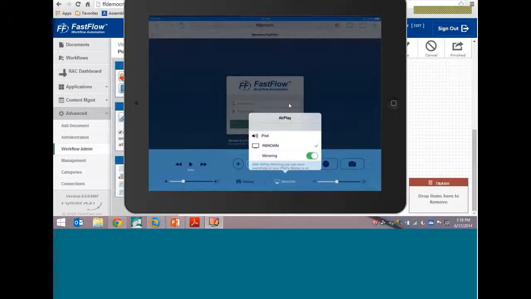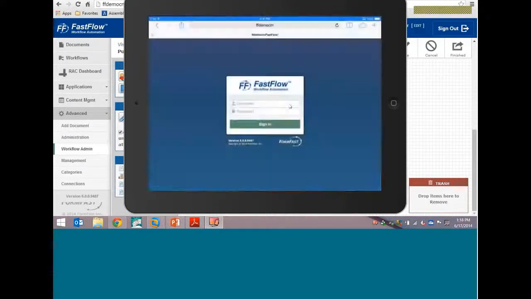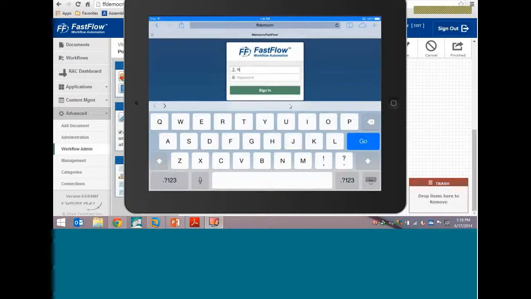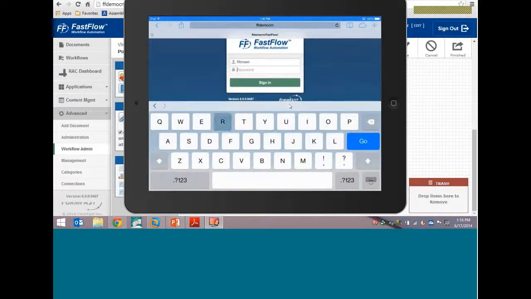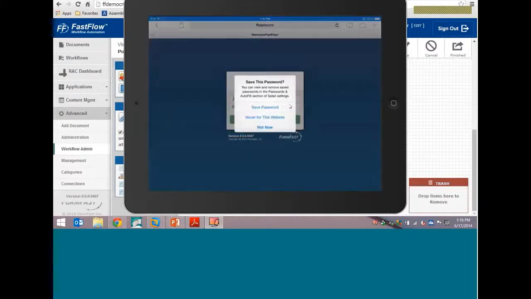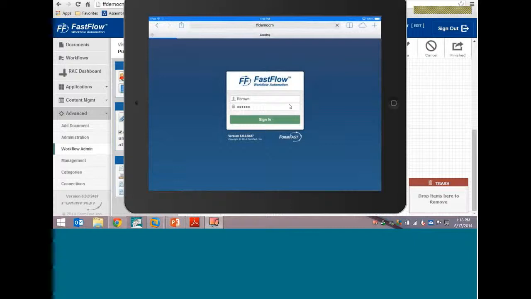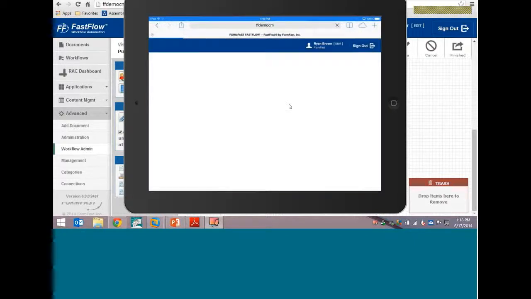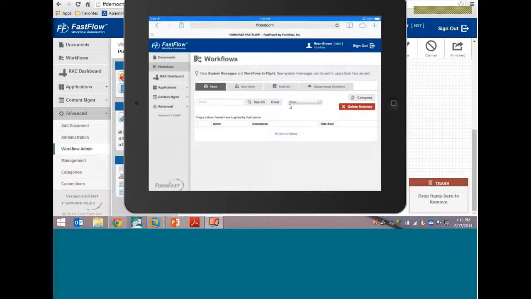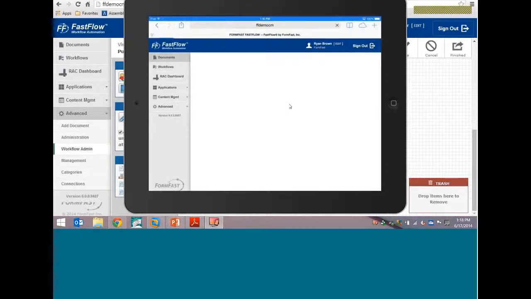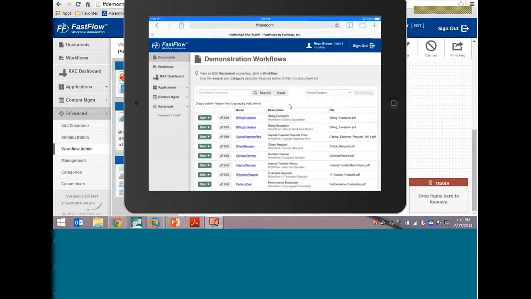Whereas now, on an iPad in the 6.0 version, we can interact with the forms because we are not using the Adobe Reader. We're building in our own PDF viewer, so we can interact with that on an iPad just like we would on a normal device. And I say just like we would, there are some differences in the interface. It's all through a browser. You can use Safari as,